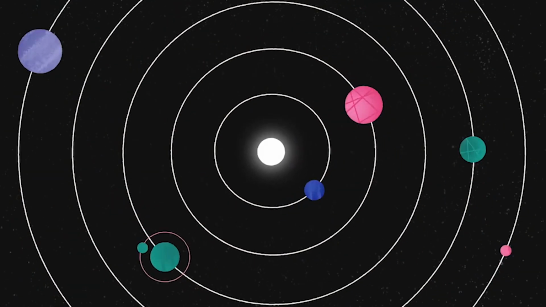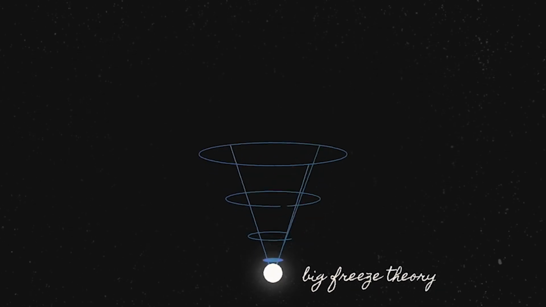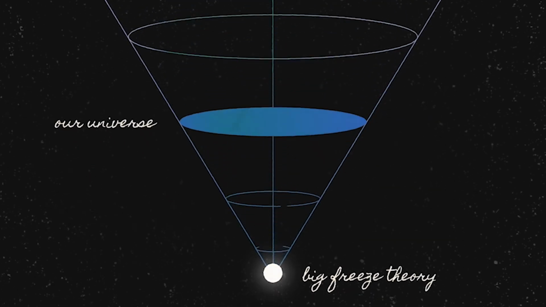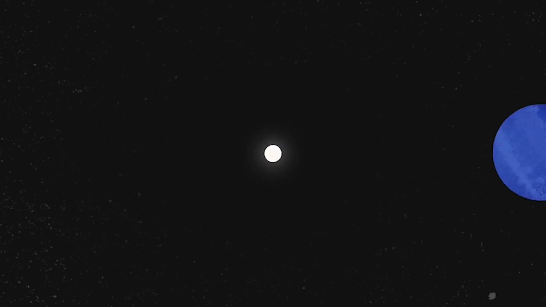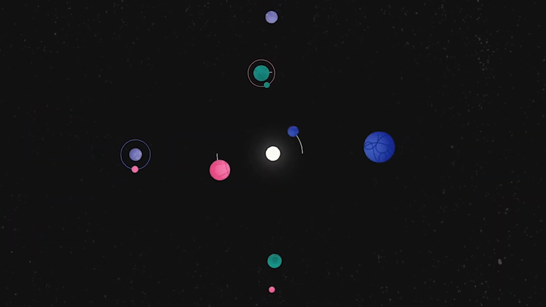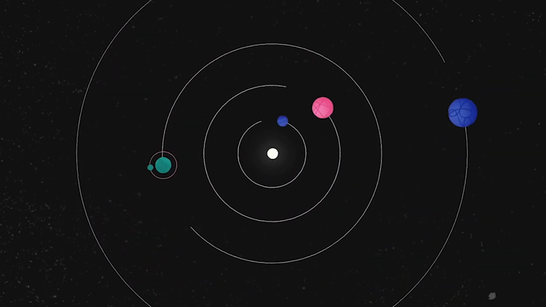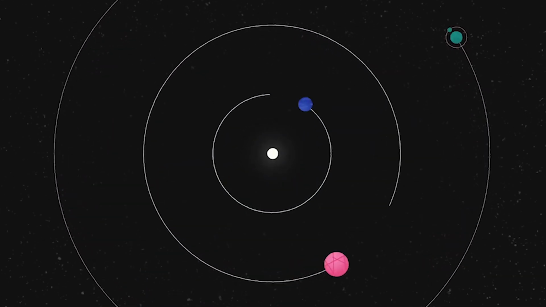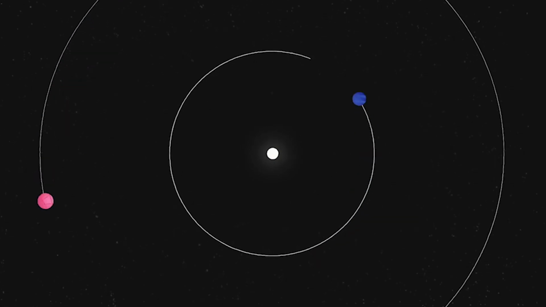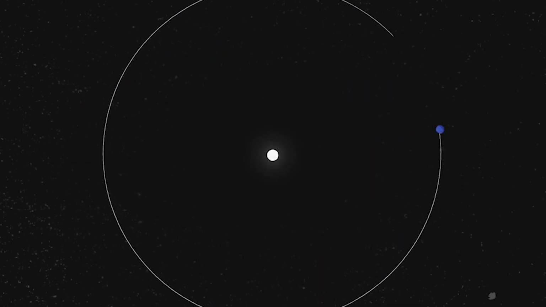The second one is the Big Freeze theory, which states that eventually the rate of expansion will not decrease, it will be constant, right? So the universe will keep on expanding until there's only singular objects that remain in space. Planets, stars, they'll be all alone, there'll be nothing orbiting anything, there'll be no galaxies, nothing like that. And it will be so far that neither light nor heat will be able to travel from place to place. So it'll become cold and it'll become dark, and the temperature will reach 0 Kelvin, which is absolute zero.